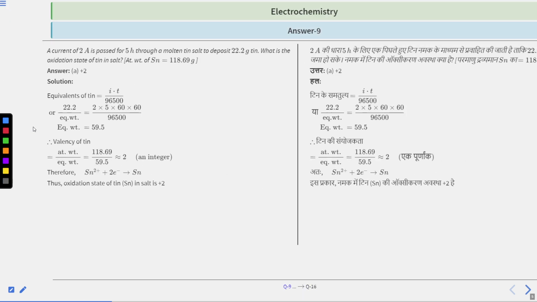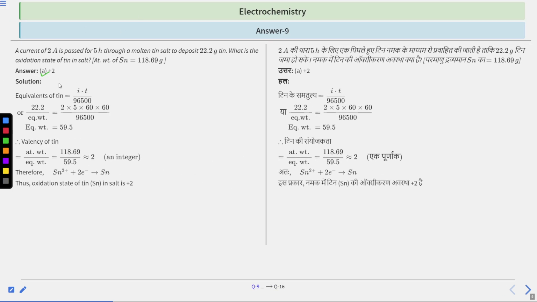Okay, let's see the answer. The correct answer is option A, that is +2. The equivalent of tin is calculated by the formula I into T divided by F, where 1 Faraday is 96500. The equivalent of tin is the weight of tin divided by equivalent weight, that is 22.2 divided by equivalent weight equals 2 ampere current, and 5 hours is the time, so we convert it into seconds by multiplying by 3600, divided by 96500. So the equivalent weight coming out from this equation is